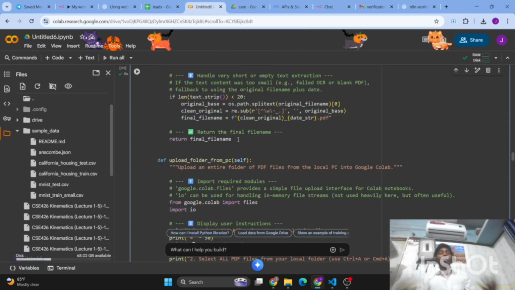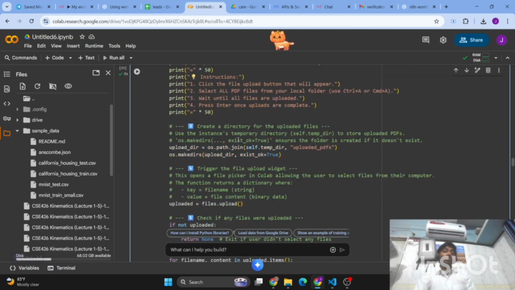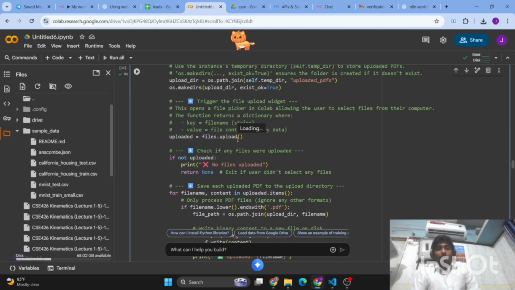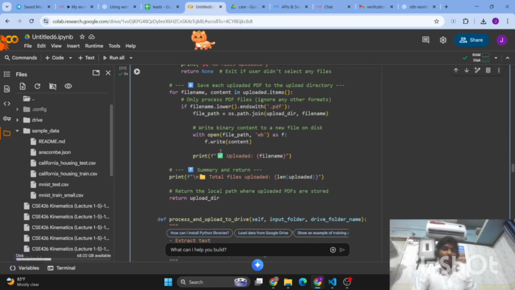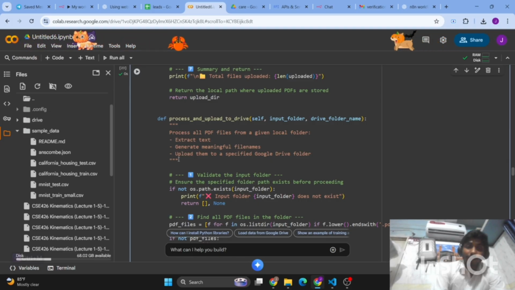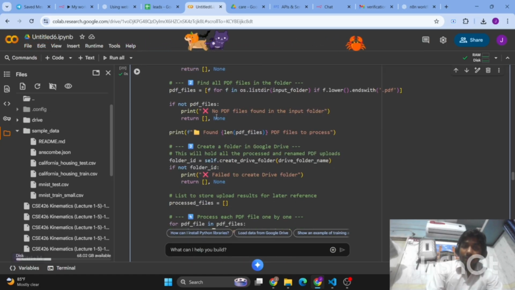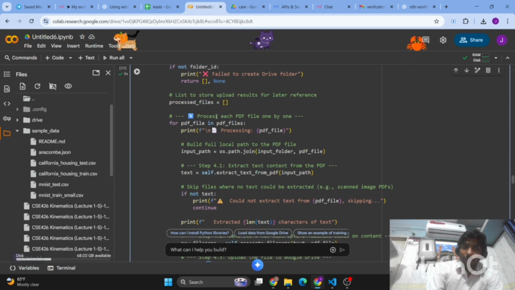It is if we can't extract something, and then upload the file folder to the PC. From PC we upload the file. This is how we upload the folder to the PC. If not, these are the exception cases of how we deal with it. Then we process and upload to the drive. So here we call all these exception cases, and then we process each file one by one